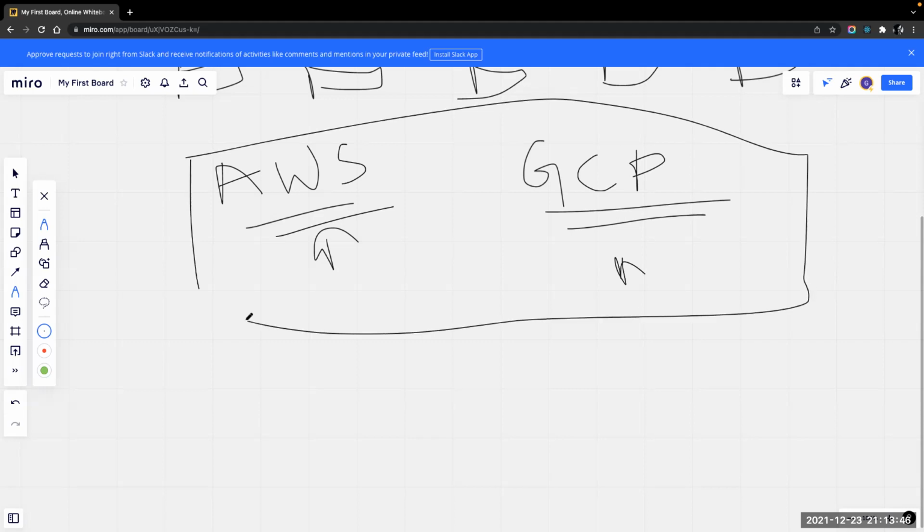And currently in this space, one new service has come which is called Azure. Okay, so this is not new, this has been there for a long time in the market. This is managed by Microsoft. So AWS is done by Amazon, GCP is Google's, and Azure is Microsoft's.